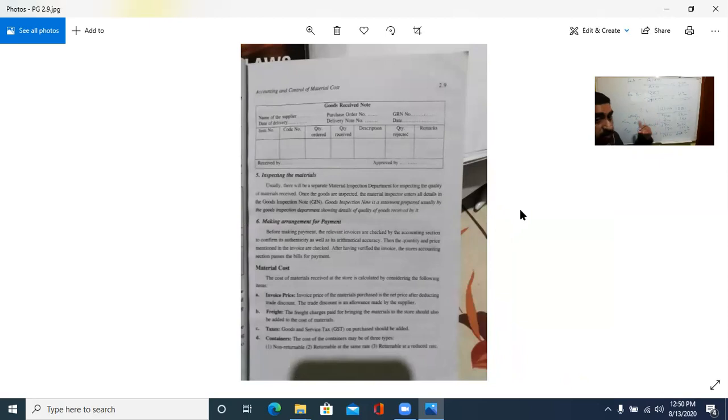Then freight is there, freight we took in this case, freight also to be added to the cost price. Then taxes, goods, GST, SGST, CGST and integrated GST, like that,